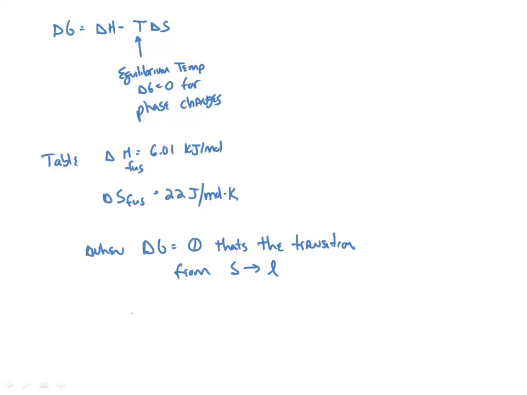And so if I solve this equation, I can rearrange it to get T equals delta H over delta S. And so if I plug that in, temperature equals 6.01 kilojoules per mole,